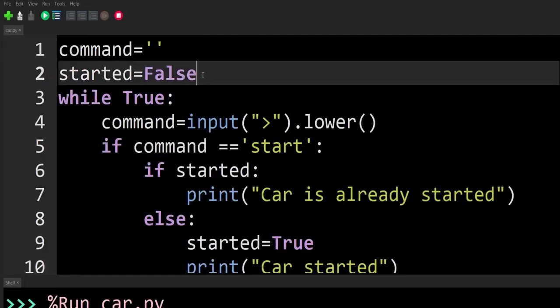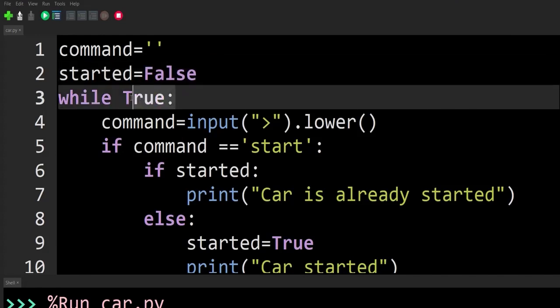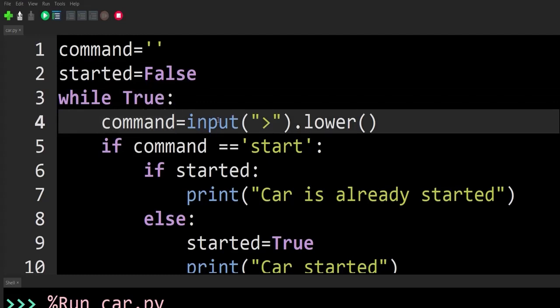So that's why we have given this variable false. Started is equals to false. Now start the loop while condition remains true. While true, we accept command input, and this lower function will convert the input command by the user into